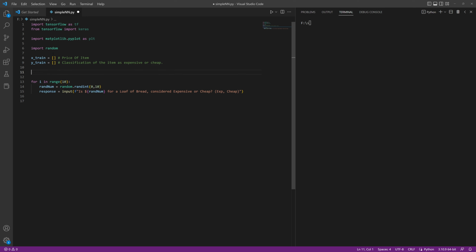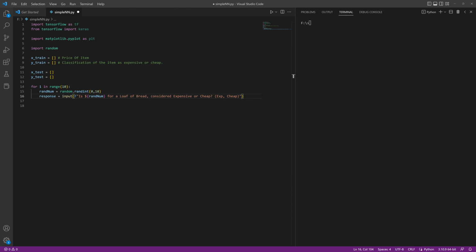So that's going to be the arrays or variables that store the training data that we'll use to train the neural network. And we're also going to create two more variables like xtest and ytest, which will be sets of data used to test the neural network. So our input will be stored for the xtrain and ytrain, and then xtest and ytest will just be data used to test the neural network. So now we have our variables. We're asking the user to determine whether a loaf of bread is considered expensive or cheap 10 times, and it's going to randomly draw a value from 0 to 10, and it will record that in our